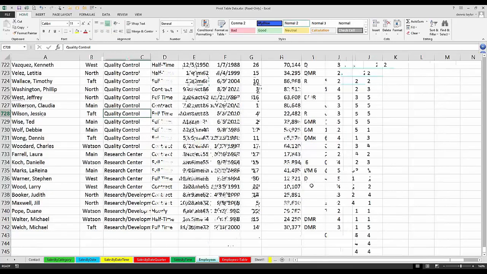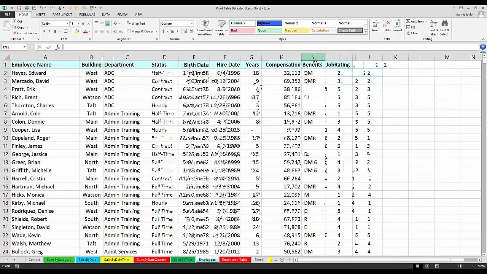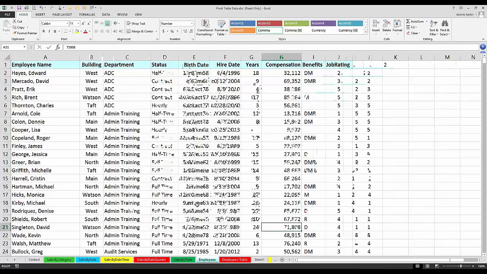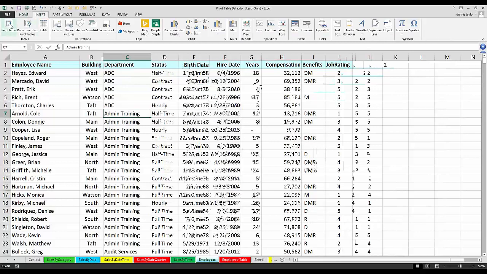And recognize a little bit different here too. We've got empty cells in this data, and nothing wrong with that. And based on the data that we're seeing there, it makes perfect sense. It's a benefits column. Not everybody has benefits. So we see what's happening there. So active cells within our data, let's create a pivot table, this time on the same sheet as the source data. So Insert tab, Pivot Table,